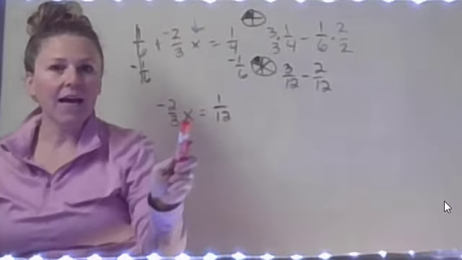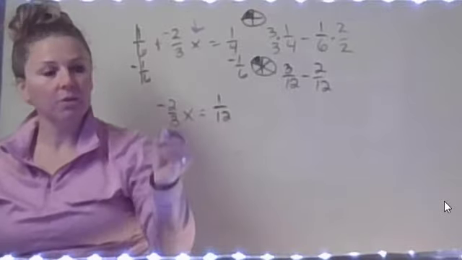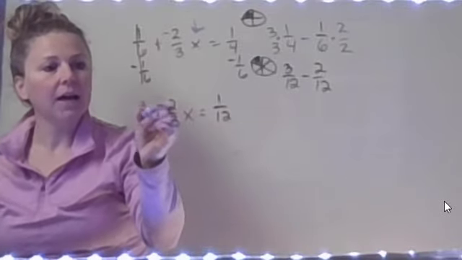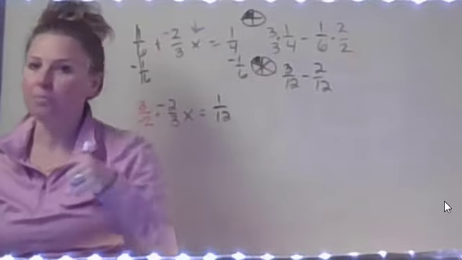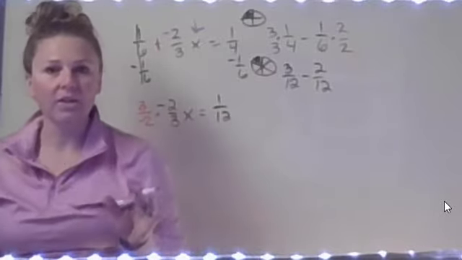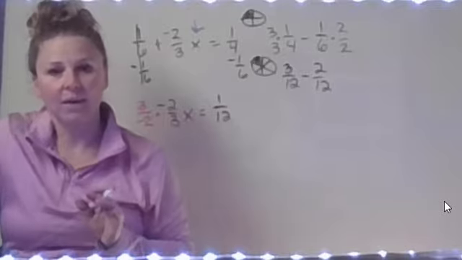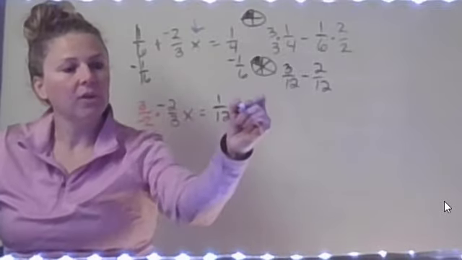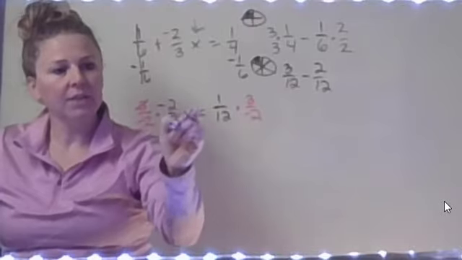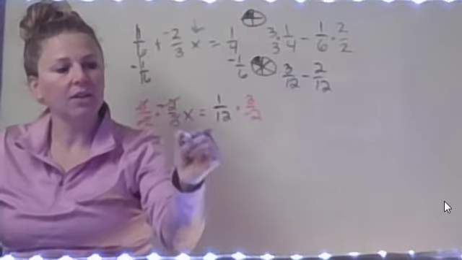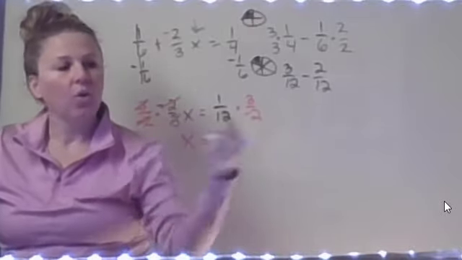Now to get the x alone, we're going to multiply by the reciprocal. So we're going to multiply by 3 over negative 2. If you put the negative on top, totally fine. It doesn't matter where the negative is. One negative makes the whole thing negative. What you do to the left, you do to the right. So over here on the left, the 3's cancel, the negative 2's cancel. You have an x. Over on the right,